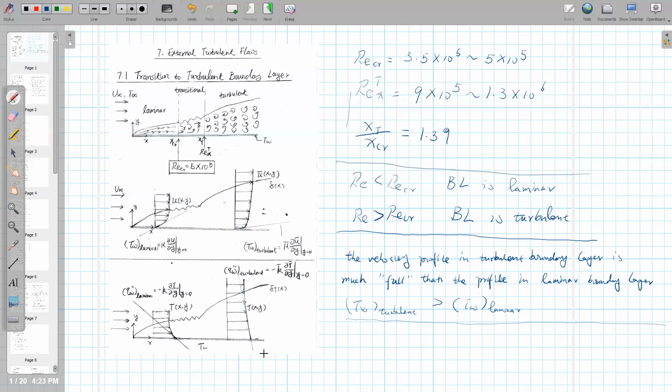Let me see, dT/dy. Okay, I don't think this is drawn correctly here. It should have more slope at the end, something like this. So make the slope a little bit smaller, not larger. So this is a typo here. But basically what I want to say is that